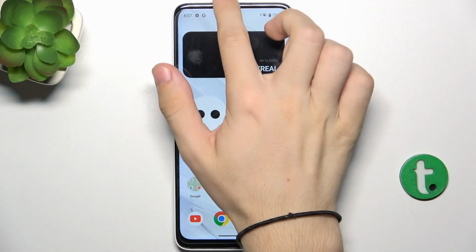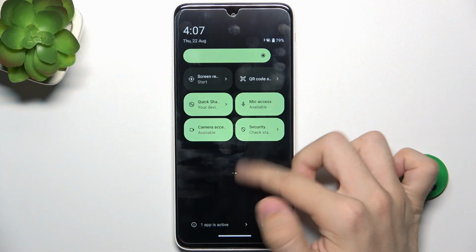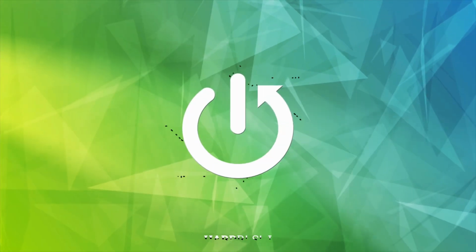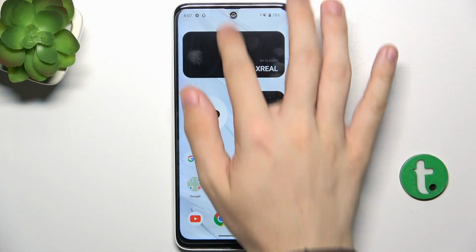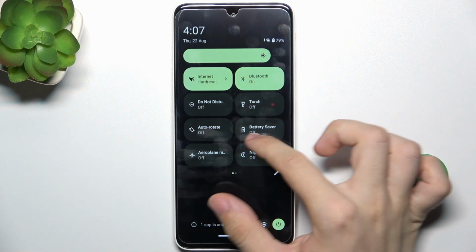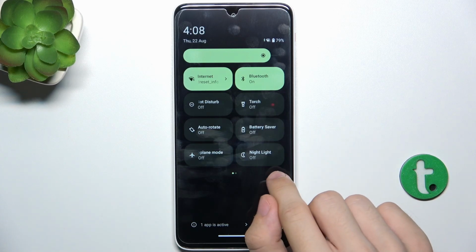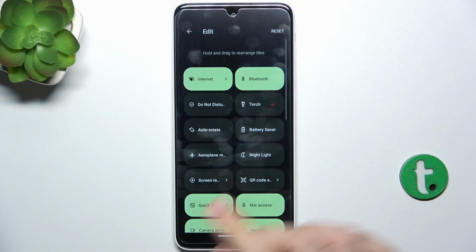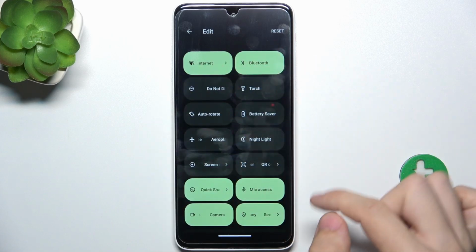Hello, in this video I'm gonna show you how to edit notification panel shortcuts on Xreal Beam Pro. To edit them, slide down from the top of your screen, then slide down again, and here are the shortcuts you can edit. To edit them, click on this pencil icon here, and here on the top these are the